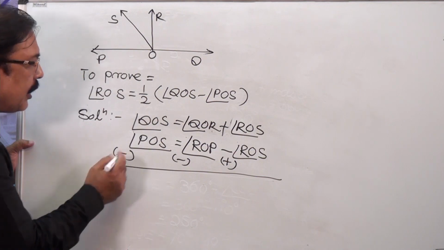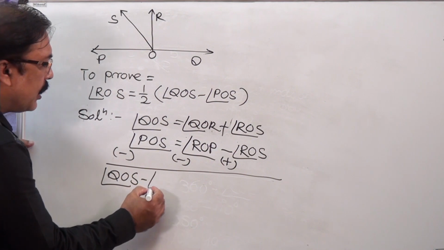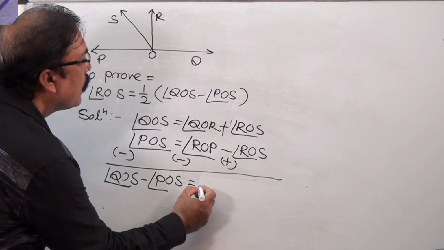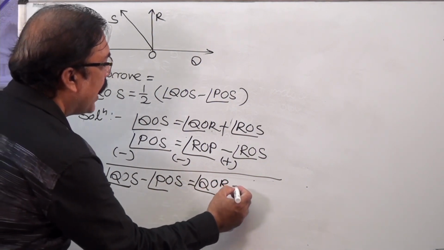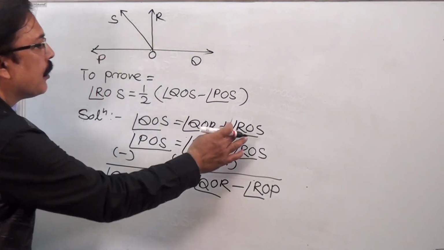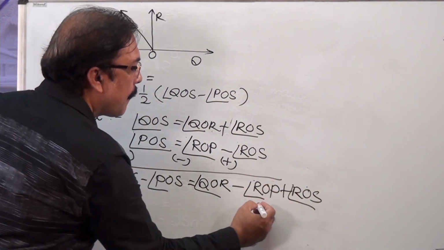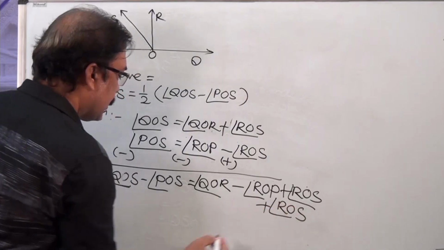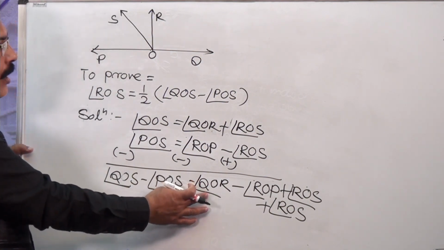So, we can write on the left side, QOS minus POS is equal to QOR minus ROP plus ROS plus ROS. Now you see on the right side, what is the measure of angle